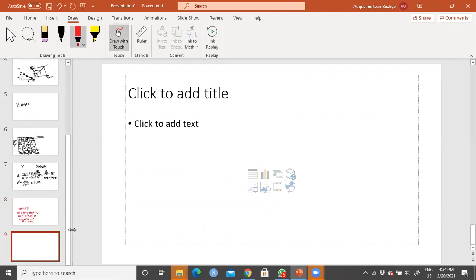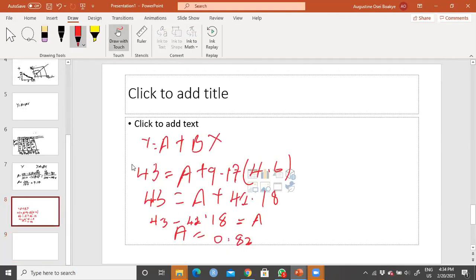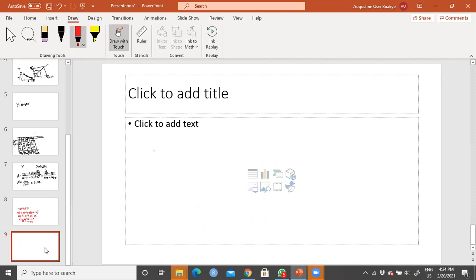Please, are you listening? Yes, we are following. So the interpretation for what we've done so far is that for every unit of sales that we intend to make, we will need at least 9 human resources to assist us. That brings us to the estimated regression equation I mentioned initially. The estimated regression equation will be Y is equal to